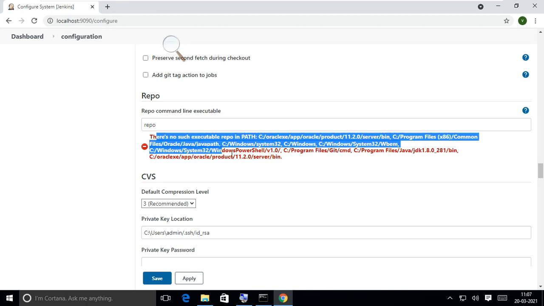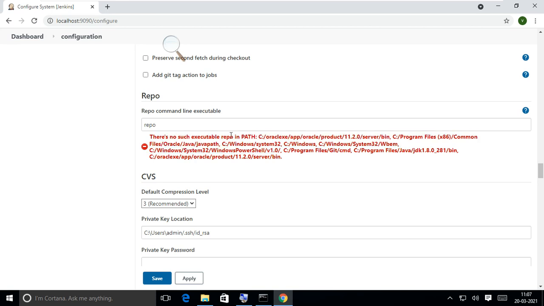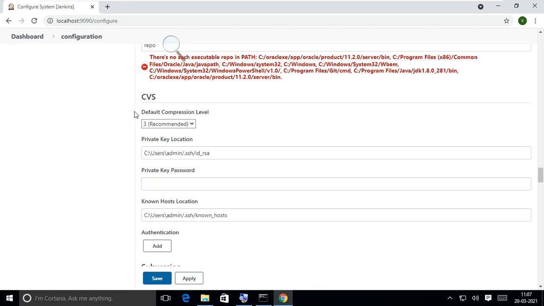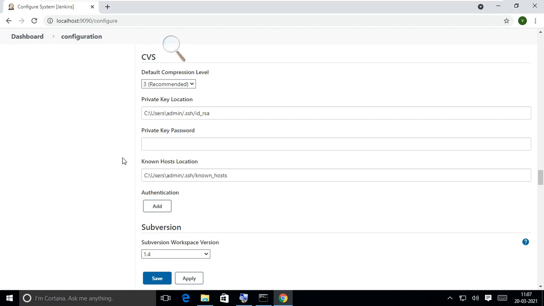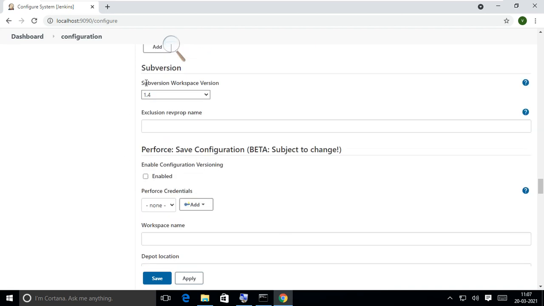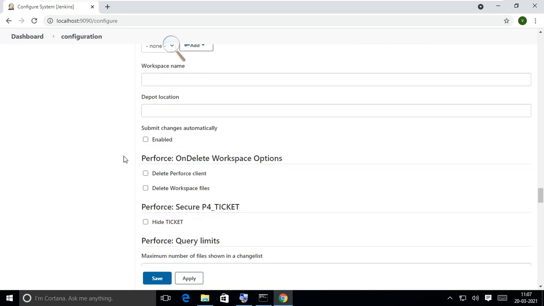It is telling there is no such executable path for repo here. So if it is there, then we can do it. CVS related things, that is also locations, source locations: Subversion, CVS, Git, GitHub, GitLab. These are all source locations only.